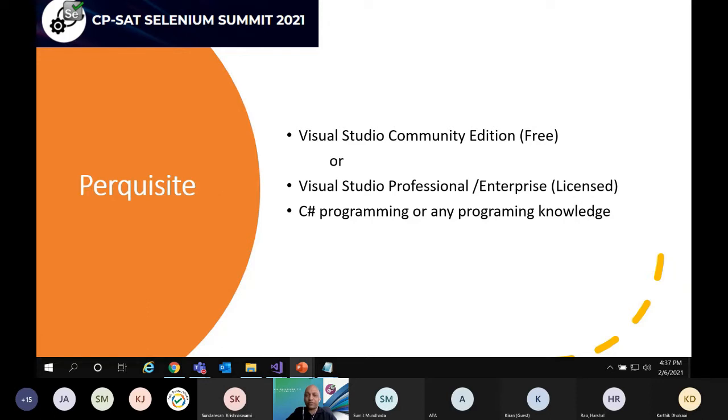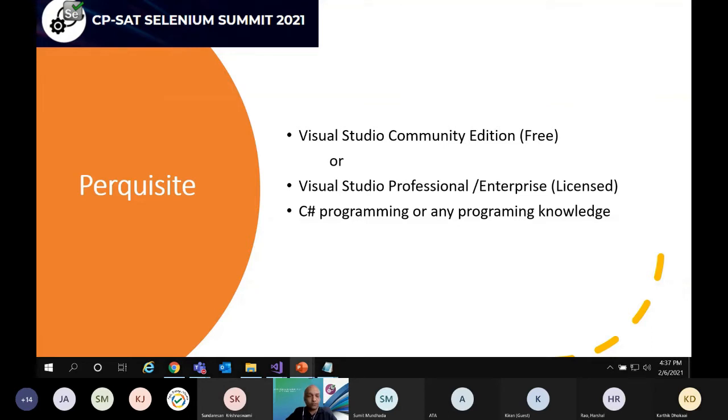Visual Studio Professional and Visual Studio Enterprise are the licensed versions. C# is the programming language we are going to go through. If you have any programming language like Java or Python, you should be able to follow what I am doing.